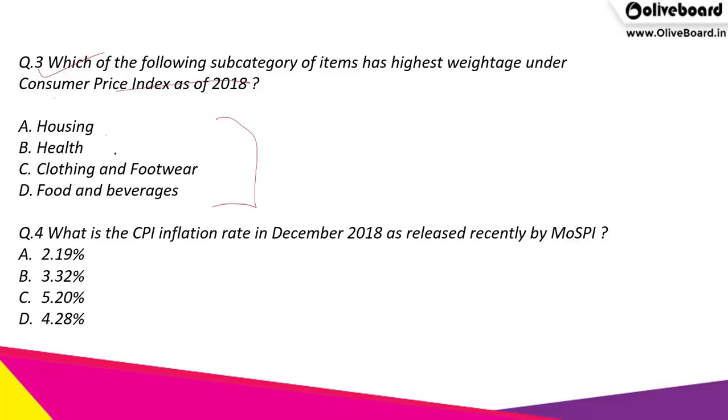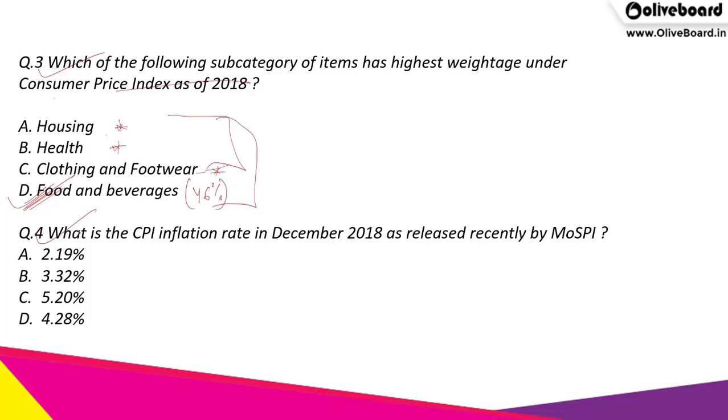Is it housing? Is it health? Health is important. Clothing and footwear are important. Housing, we need a place to live, but we can survive without these things, at least for a while. Food and beverages, we cannot survive without it. So it has highest weightage, around 46%,